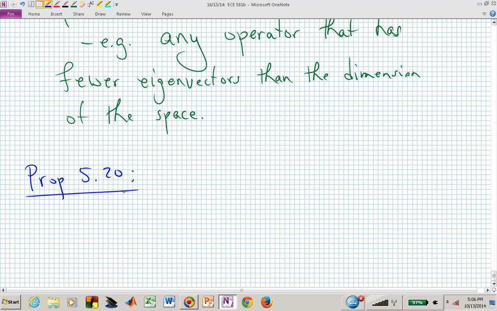Will not be diagonalizable. Let's look at Proposition 20. If T is a linear operator and let's say that this linear operator T has dimension V, so now just think V is 10th order or has dimension 10, just to have a specific number. Suppose T is a linear operator and has dimension V,